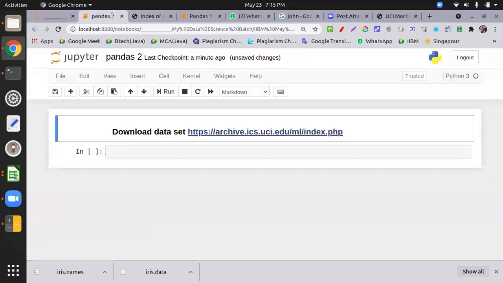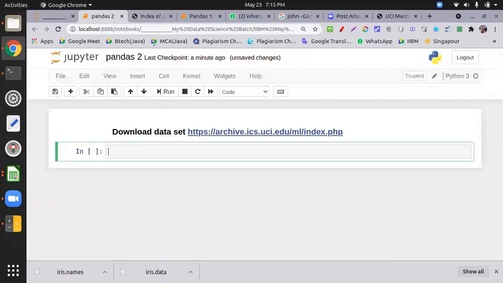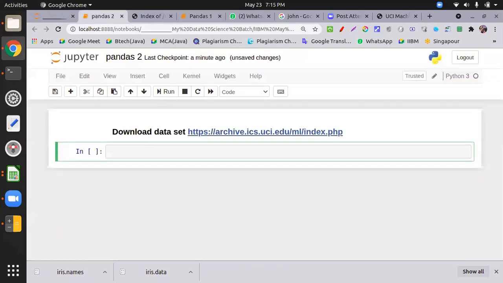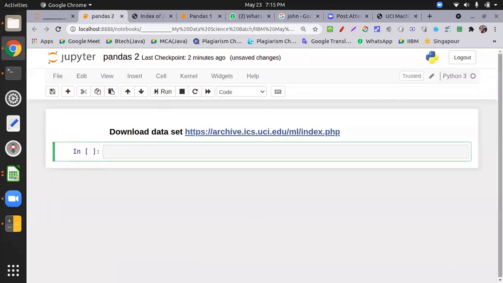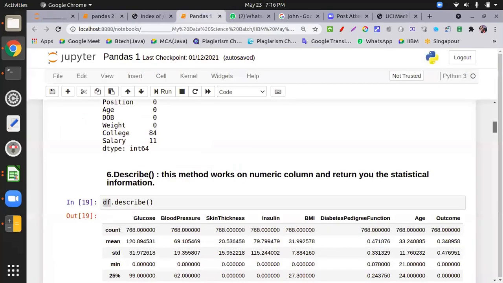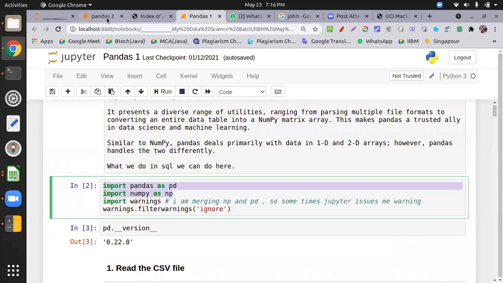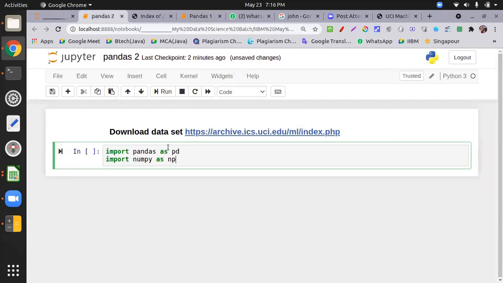I read this file. So how to read the file? How to write the file, write a CSV file. We can create our own CSV file with our data. I will show you shortly. A lot of things are not covered over here. We covered them in algorithm because pandas is very big. So what I do, I just import both libraries.